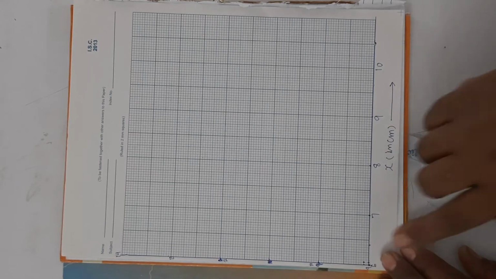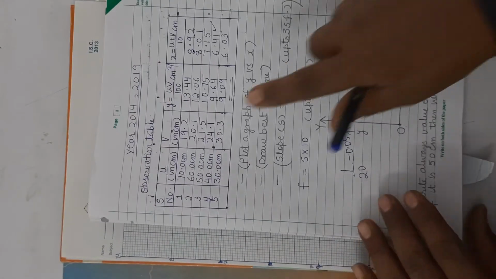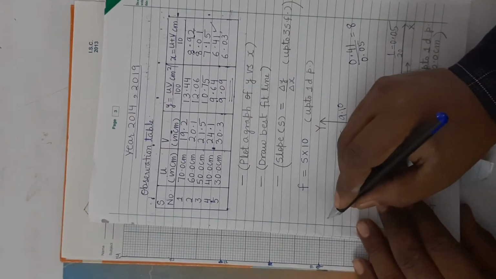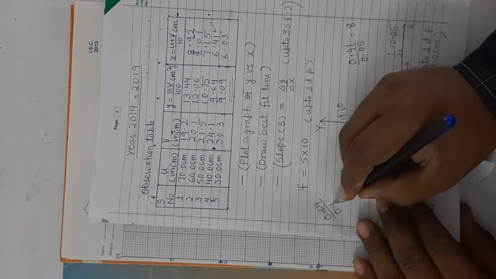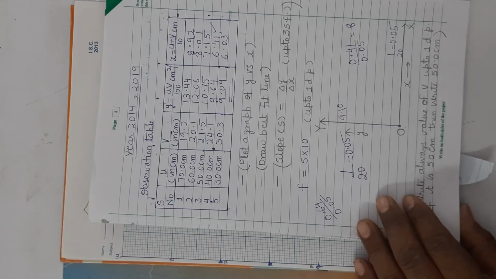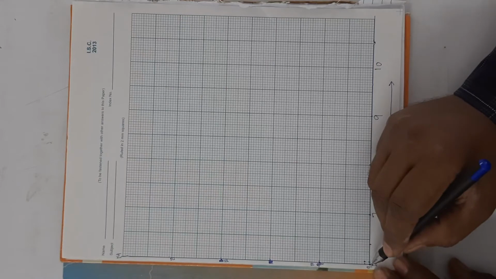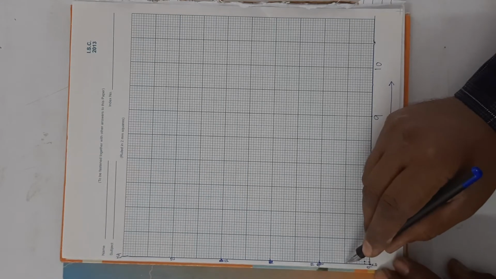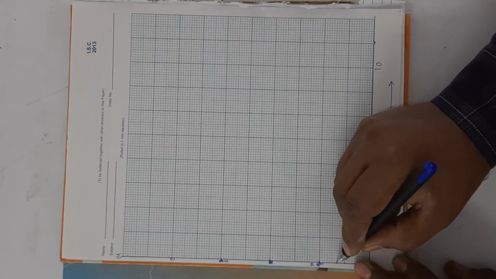It's clear? In front of this you will see y is 9.64. Means for 0.64 there will be how many divisions? Divide by the least count of the y-axis. So 13.5, that is 13 divisions. So you can see here it is 9, and after 9, 13 divisions. 10 divisions and 3 more, means it is this.